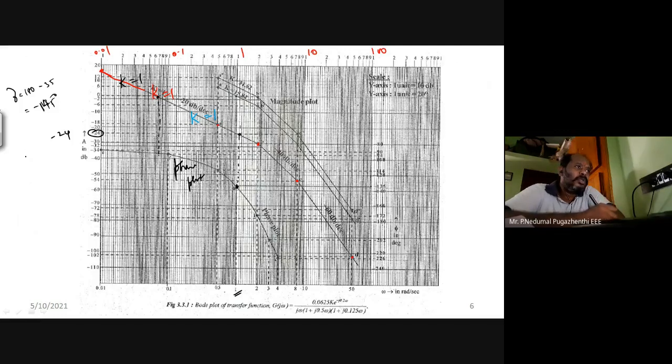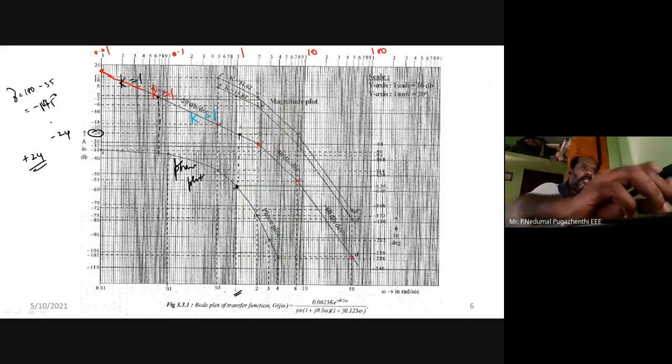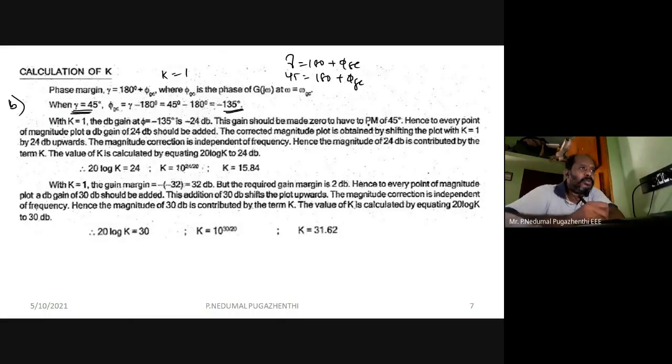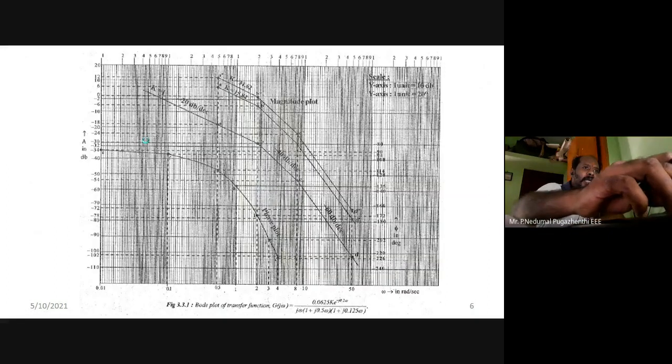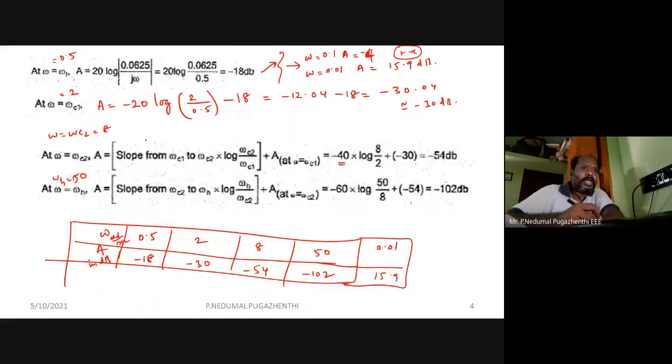So what do I have to do? I have to add a plus 24 for every point. Every magnitude point I have to add a plus 24. So the magnitude plot gain of 24 decibels should be added to every point. So if I add 24 here, plus 24, I will get a 6. If I add 24 here,